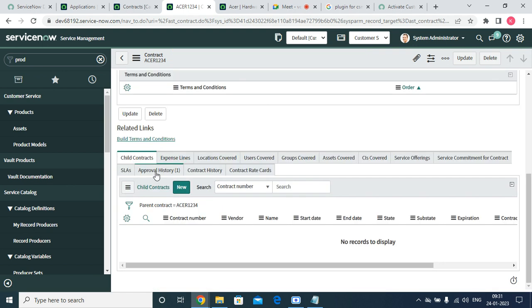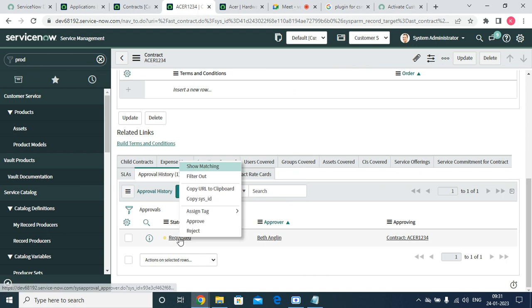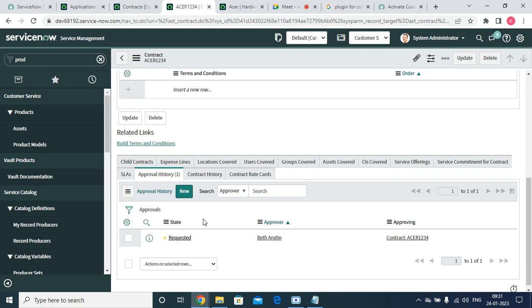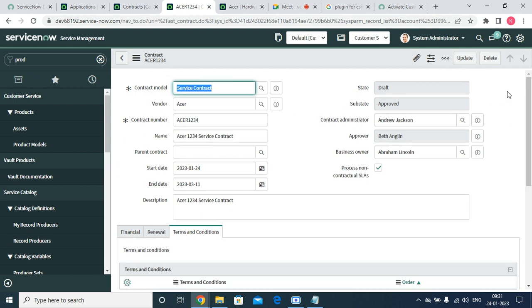Now it is under review. If it is under review, it went for approval. Whoever we have given the approval role can approve it. I'm just approving from here. If you want, we can impersonate the approver and approve it, the same approval process we applied earlier. So now the contract has been approved,